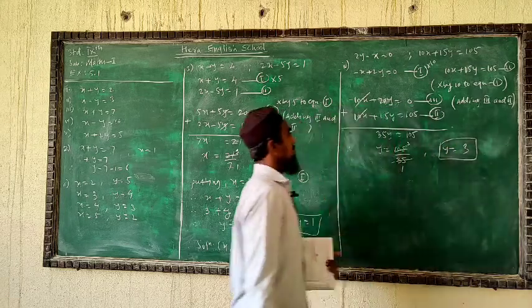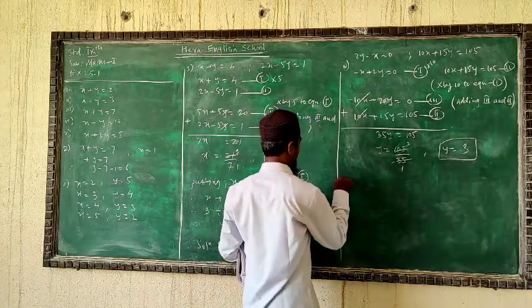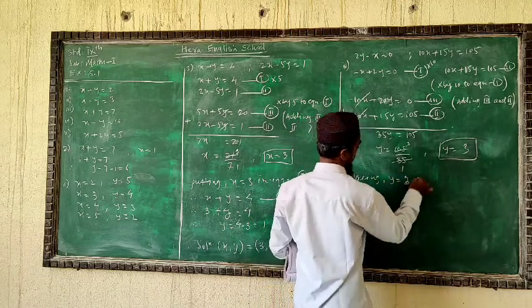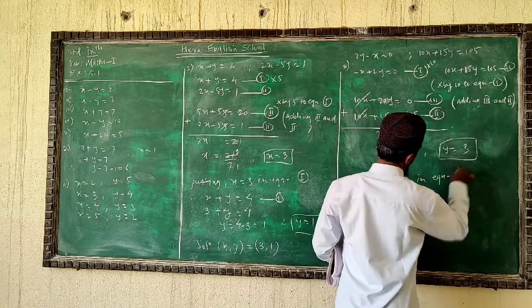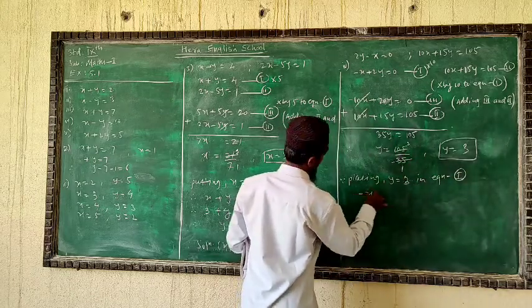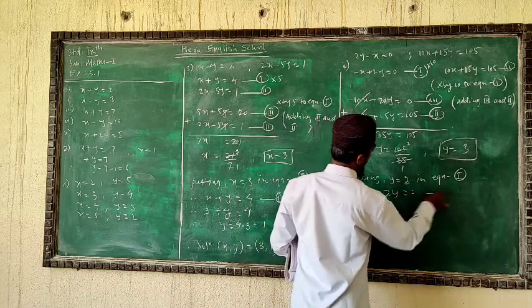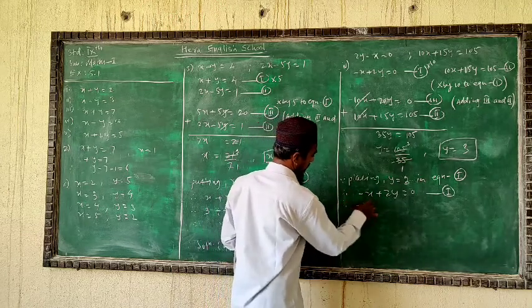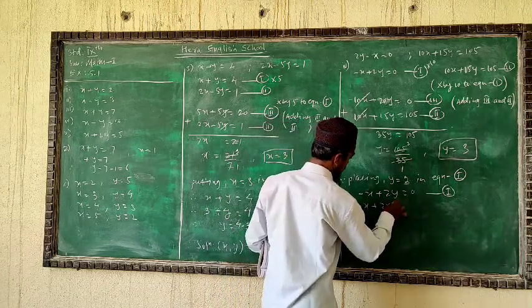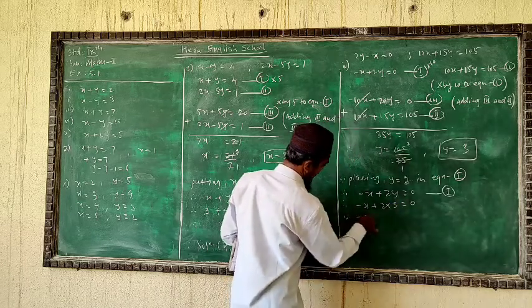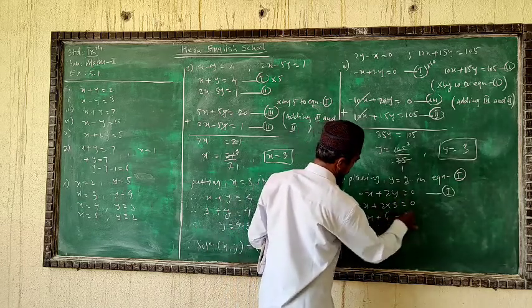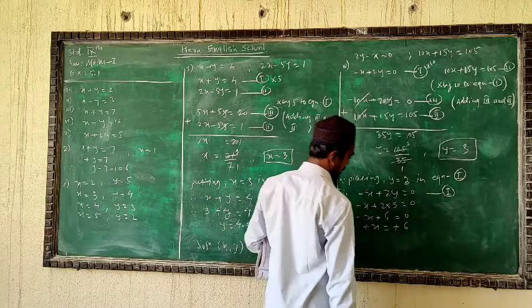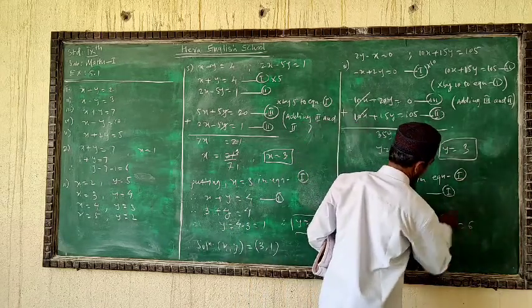By placing y we can get x. So we'll place y equal to 3 in equation 1. Minus x plus 2y is equal to 0. This is our first equation. Now we'll keep minus x as it is, 2 into y, we got y as 3, is equal to 0. Minus x, 2 times 3 is 6, plus 6 is equal to 0. Minus x plus 6, bring the 6 to the right side, you will get minus 6. Plus and minus cancel. We will get x is equal to 6.